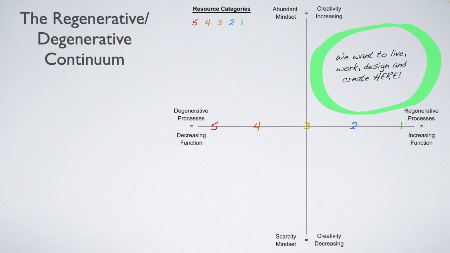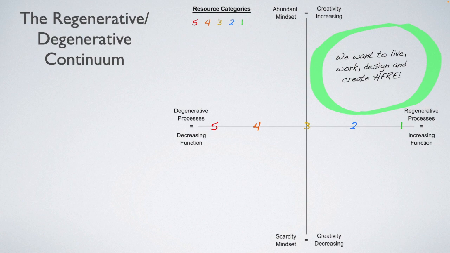You can use the continuum to categorize various resources that might be employed in achieving your design vision, using the five categories of resources as outlined in the Permaculture Designer's Manual. They're represented here by the different colored numbers one through five. This makes it really easy to plot in which quadrant a given element, system, or enterprise falls on the continuum, and consequently what adjustments may be necessary with regards to resource selection and use to better align with the vision you articulated in your minimum holistic goal. So let's look at the two axes of this chart.